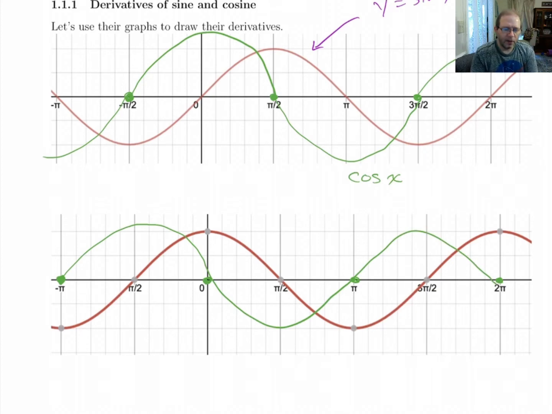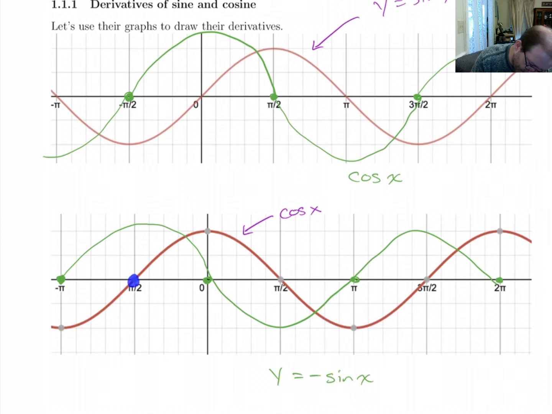So we get this. And if you look at this graph, the green graph here is minus sine x. The red graph is cosine x. So just by looking at this, one other thing maybe I should mention. If you look at, say, right here, at minus pi over 2, if you were to draw in the tangent line, it looks like the slope is about 1, and sure enough